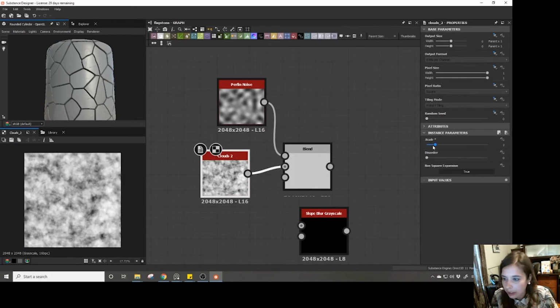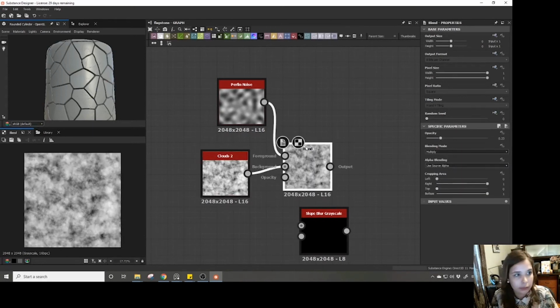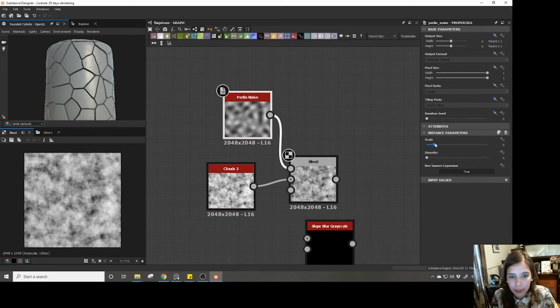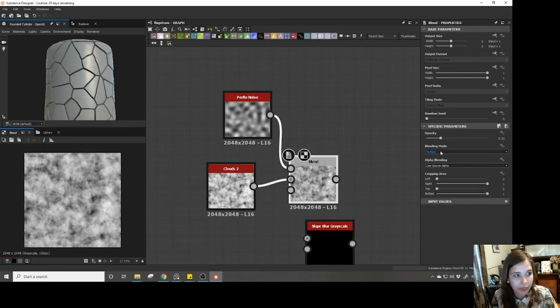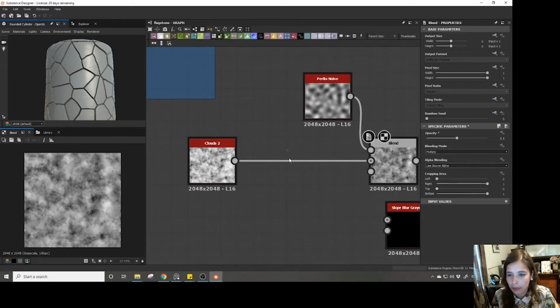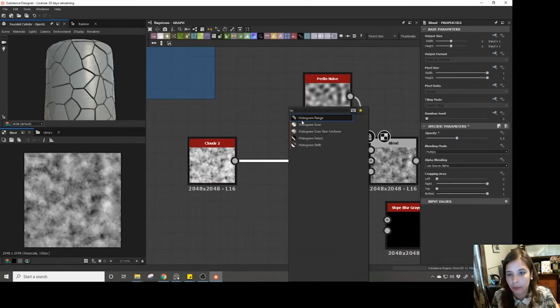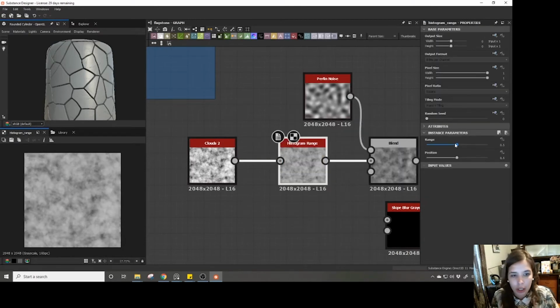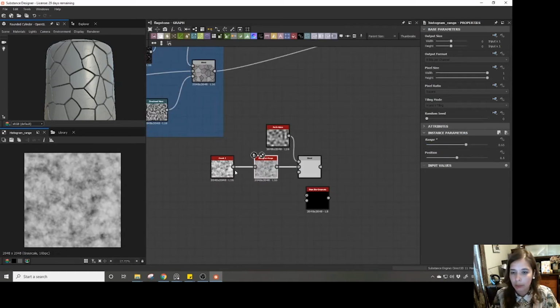Going to increase the scale on this a bit. And maybe this too. And I'm going to reduce the range on this. I'm going to have to dial this in a couple times. So the way that we're going to blend this together is with a height blend, which is going to look